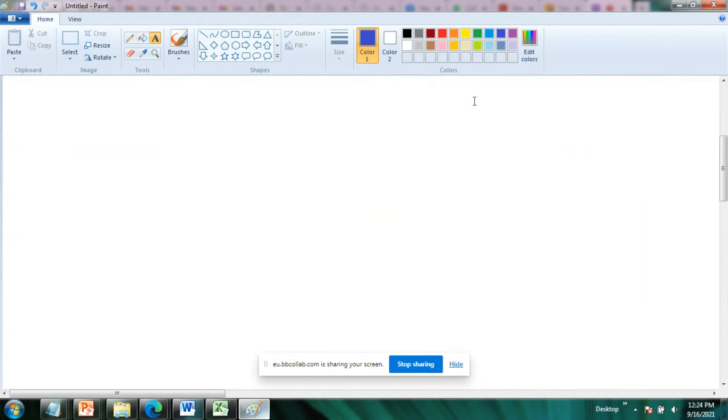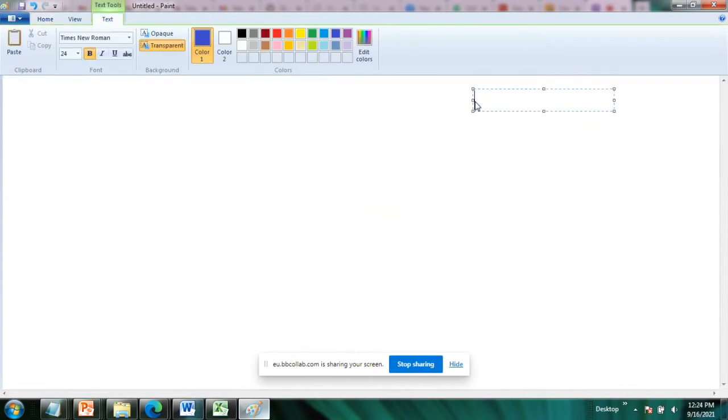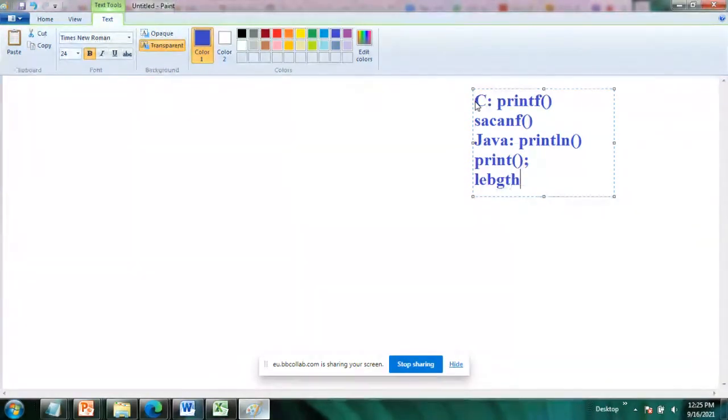Suppose I'm taking the example of C. What you do in the C language is use predefined functions like printf. What is printf? What is scanf? A lot of methods are there. If you talk about Java, a lot of methods are there like print, println, length.